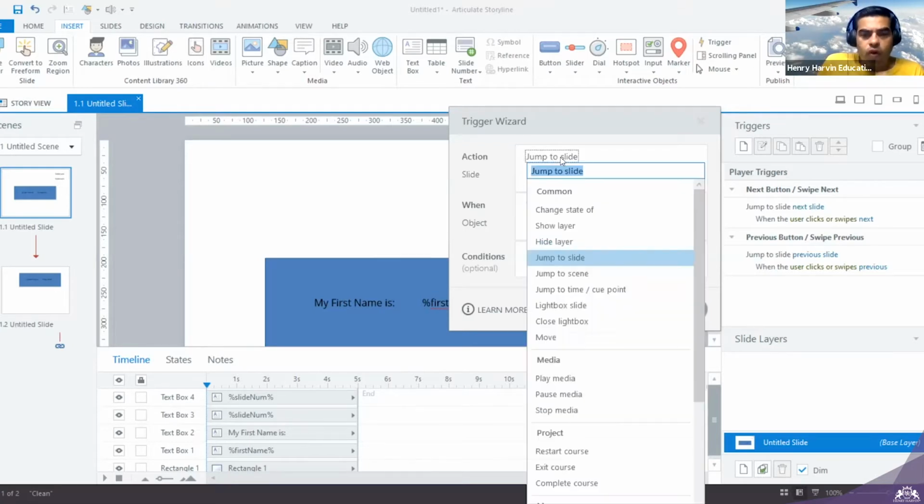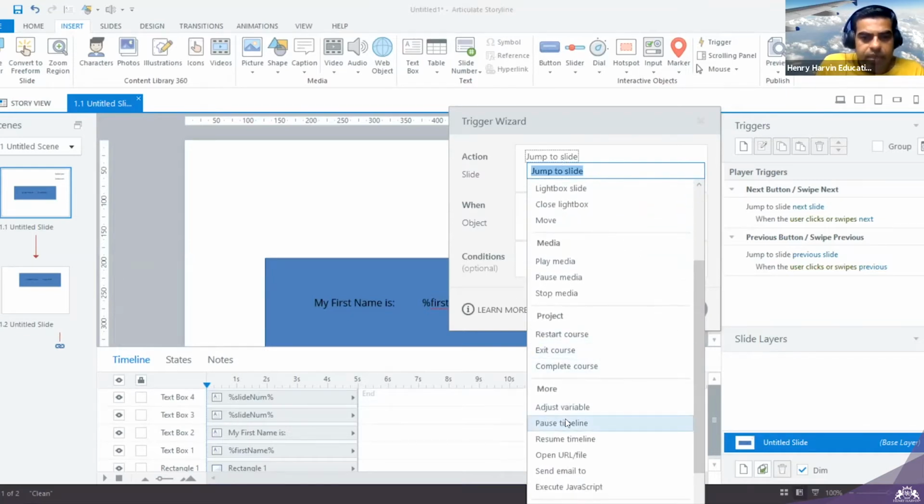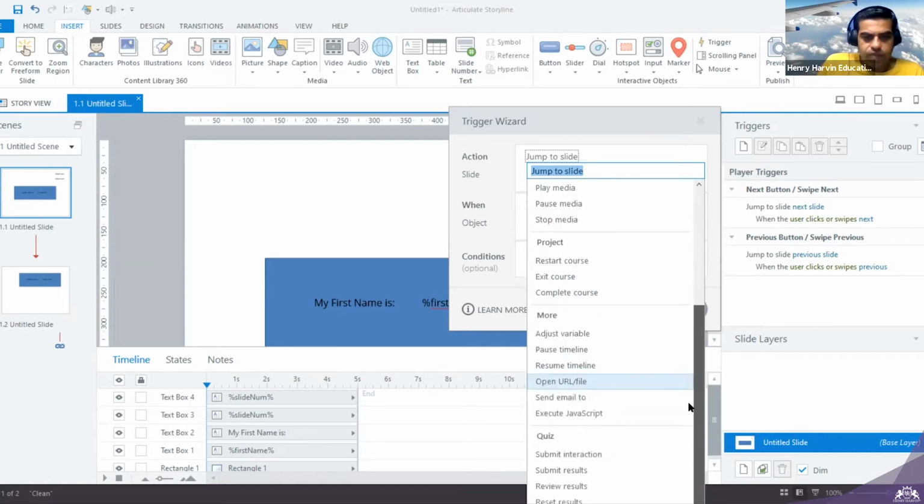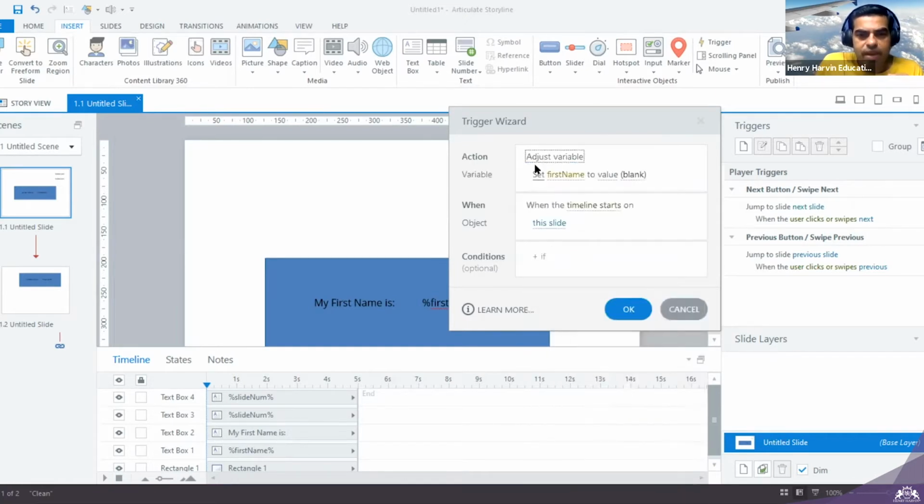First of all, I want to adjust the variable. These are the predefined actions by Storyline. We are not going to learn each and everything, but in our lectures we can cover around 50% of that. So I want to adjust my variable.